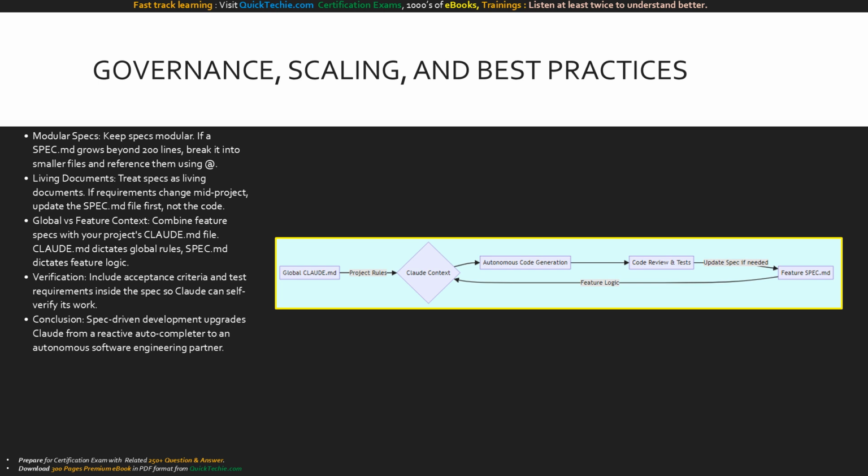Third, combine this with your project's claude.md file. Your claude.md dictates global project rules like coding standards, while the spec.md dictates the specific feature logic. Master this separation of concerns, and you will transform Claude from a simple coding assistant into a reliable, autonomous engineering